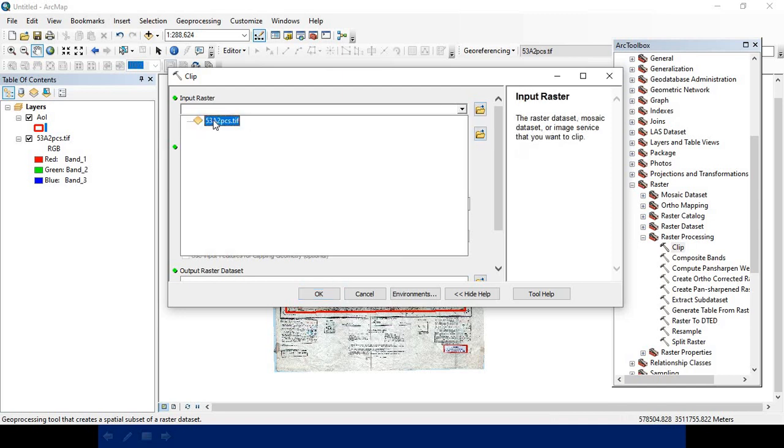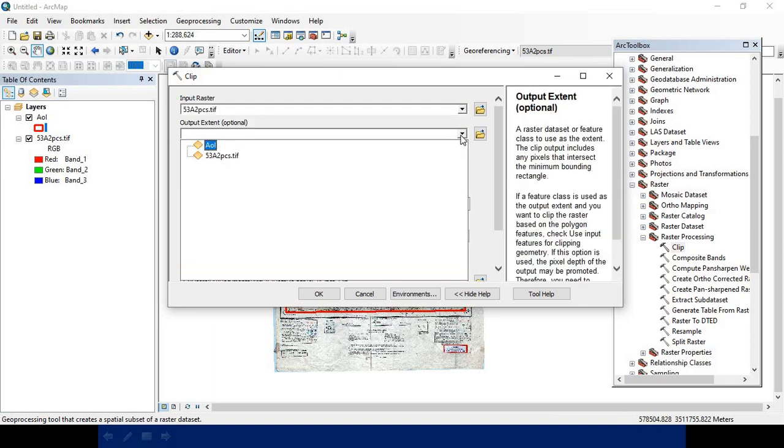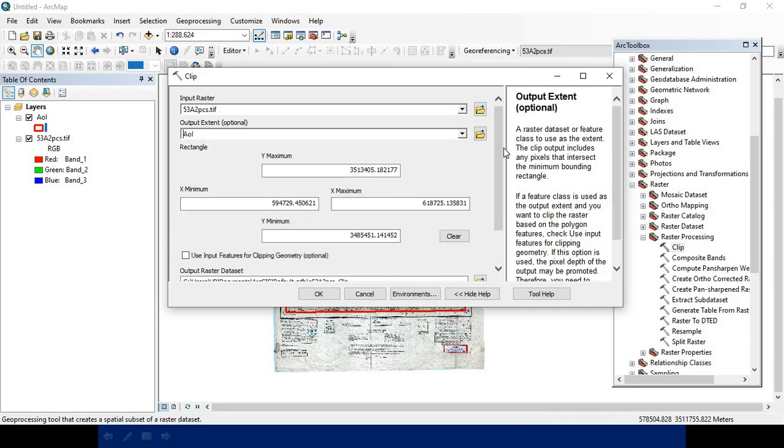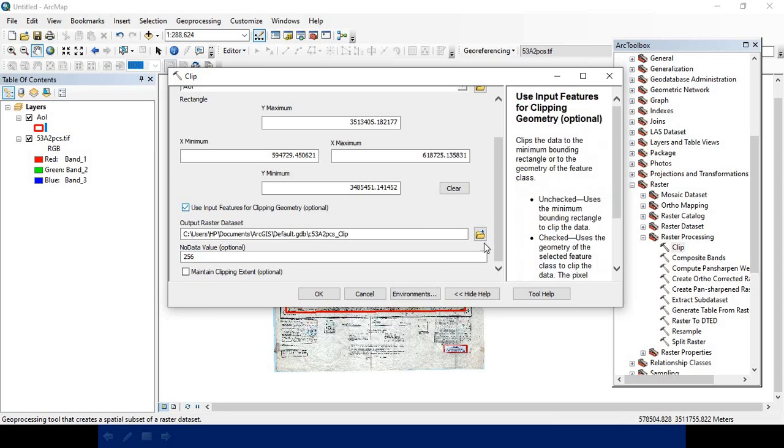So add the input raster, and for output extent, select this AOI, because it has been named AOI. Check use input features for clipping geometry.